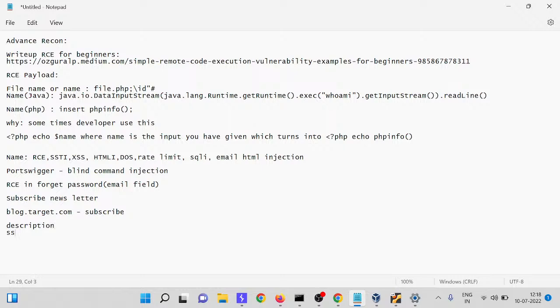Secondly, if you found SSRF, whenever you find SSRF, just put who am I dot per collab, second dollar who am I dot per collab. So if you found SSRF, you can turn it into an RCE using this. Also you can use AWS metadata instance information disclosure.